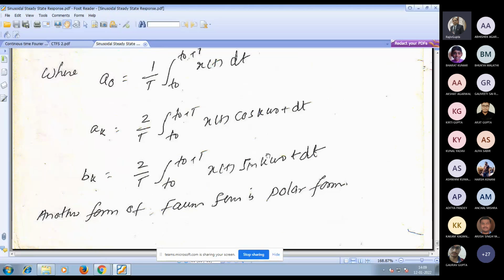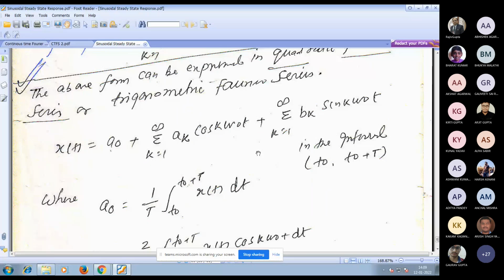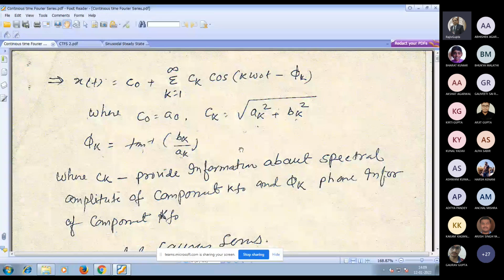Now, another form of the Fourier series which you can achieve with the help of the same equation is known as the polar form. How can you make the polar form with the help of the trigonometric Fourier series? We have x(t) equals c naught plus the summation from k equals 1 to infinity of c_k cos(k omega naught t minus phi_k), where c naught equals a naught, c_k is the root of a_k squared plus b_k squared, and phi_k is tan inverse of b_k by a_k,